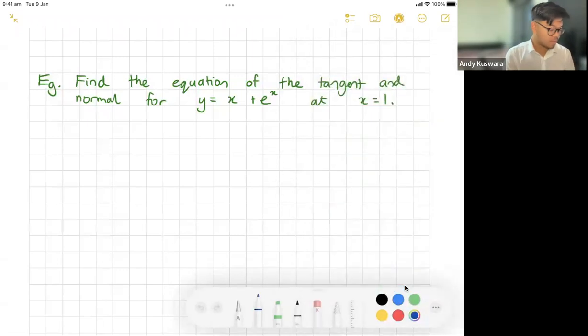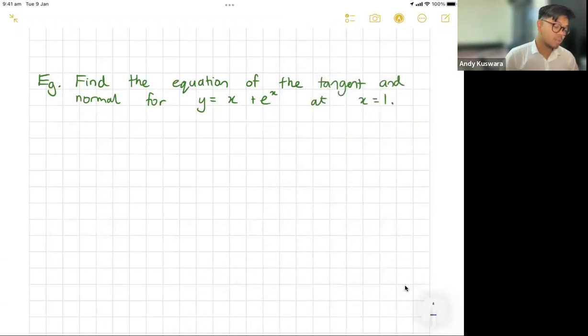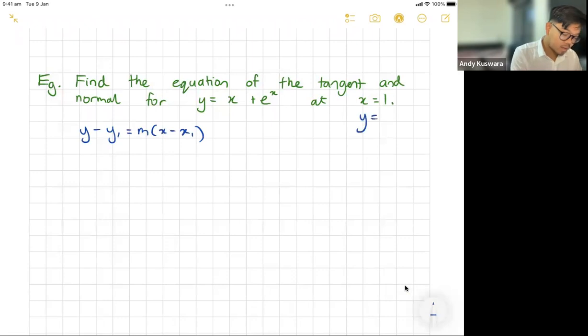Okay, so find the equation of the tangent and normal for y equals x plus e to the x at x equals 1. Hopefully you've seen me say this enough times. If I'm trying to find the equation of the tangent, I'm going to use this: y minus y1 equals m(x minus x1), because that's how you find the equation of a straight line. Now, I need a couple things. I need a point and I need a gradient. So I've got x equals 1. I'm going to substitute x equals 1. So y is going to equal 1 plus e to the 1, and that's just 1 plus e. So substituting it back into the original. Right, so now that I've got a point,